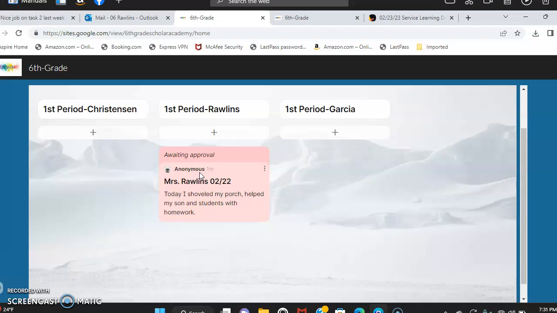That's just a short little tutorial on how to post on the Padlet. I know some of you have used this in Mrs. Christensen's class, and when we get to our plant project in my class, we'll be using it more, but this will be a fun way for us to all share our acts of service tomorrow,